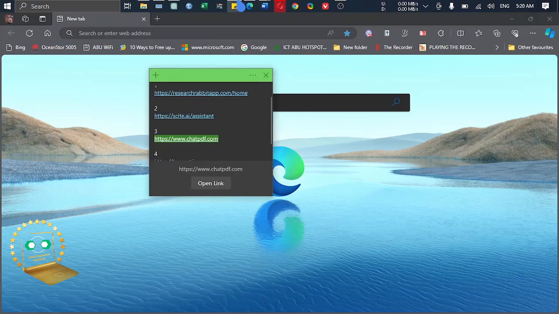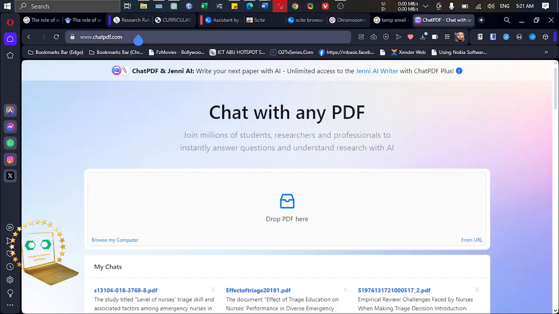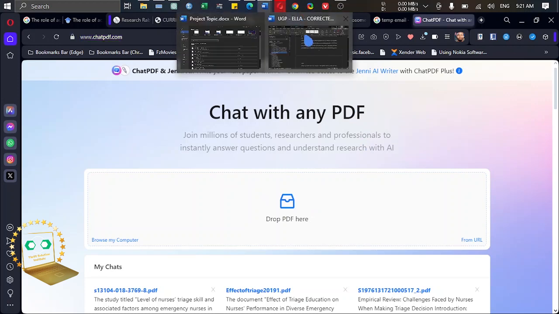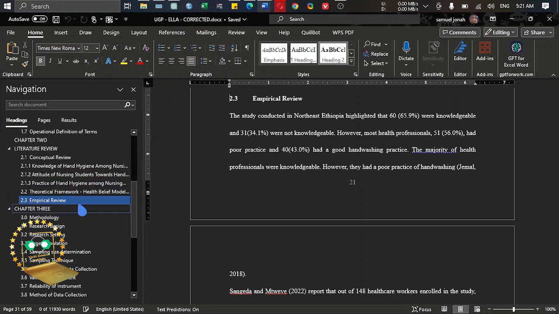So for our third AI, the AI is Chatpdf. Now when you open the link to the page, it takes you here. Now how Chatpdf works is that it works especially when you are writing your empirical review. Empirical review usually is study based on a particular area, for instance, based on Nigeria. If you didn't get me, let me explain again. When you're writing empirical review,